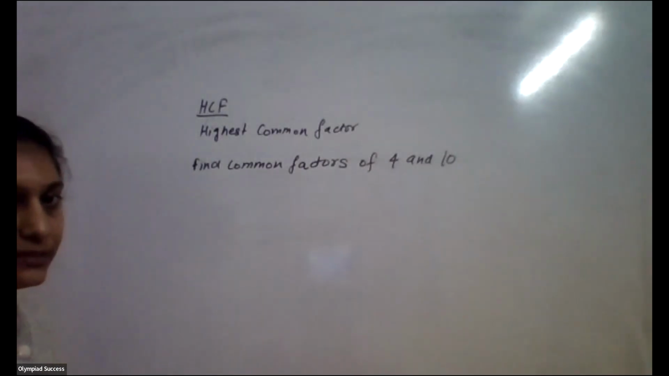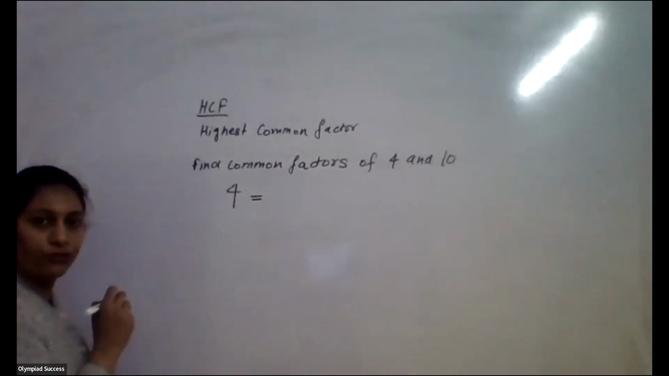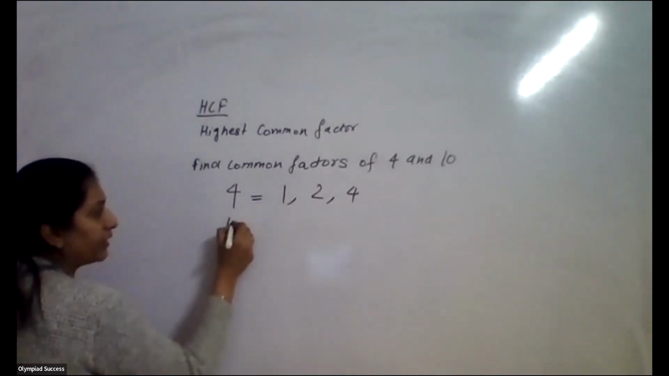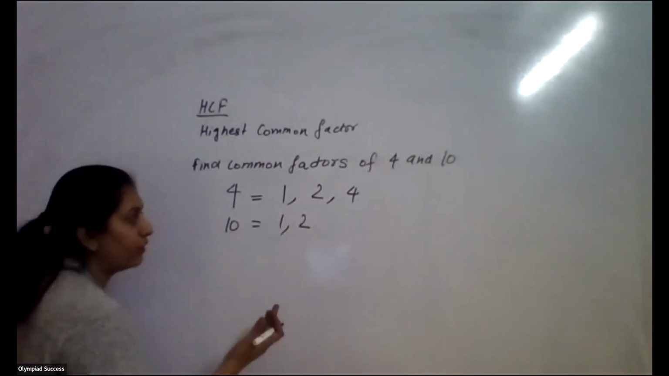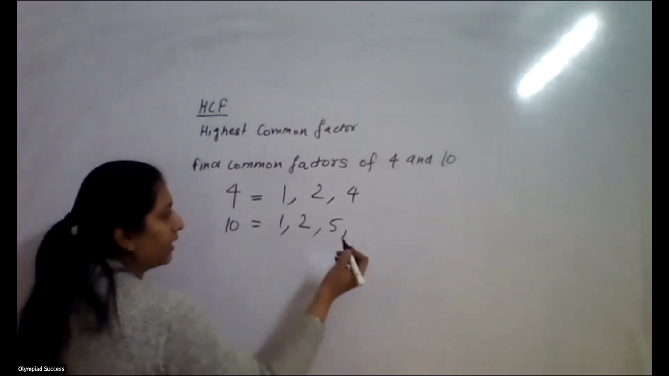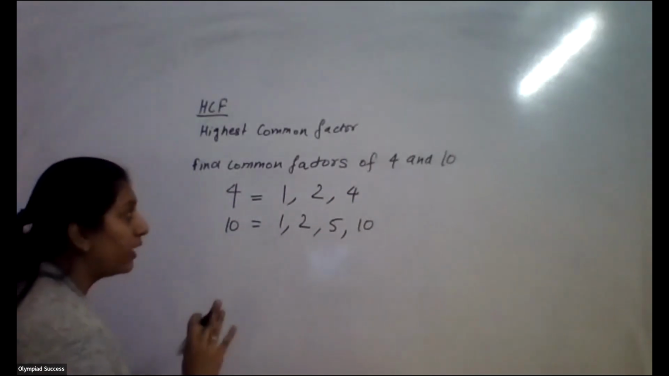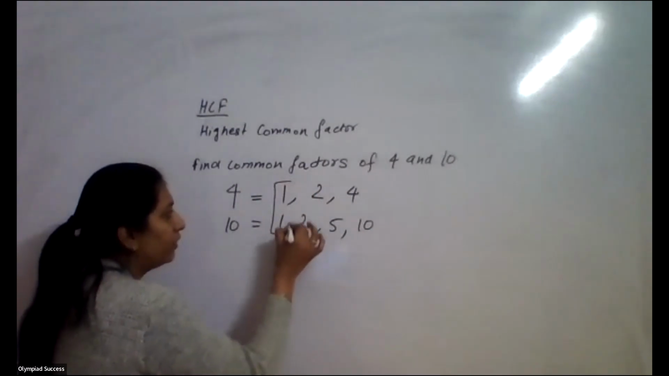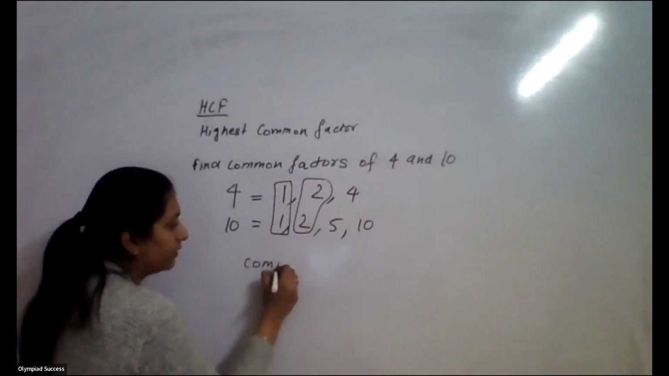Okay. Yes, so common factors. If I talk about it, what are the factors of 4? 1, 2, 4, right? What are the factors of 10? 1, 2, 3 will not be a factor, 4 will not be a factor, 5 will be there, 6, 7, 8, 9, 10, right? So only these are the factors. Now if I am asking you common factors, then common will be 1 and 2. So common factors are